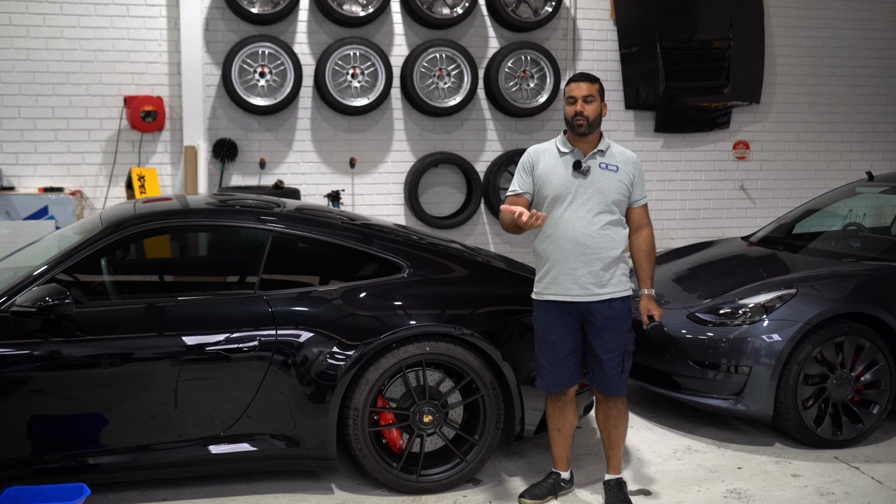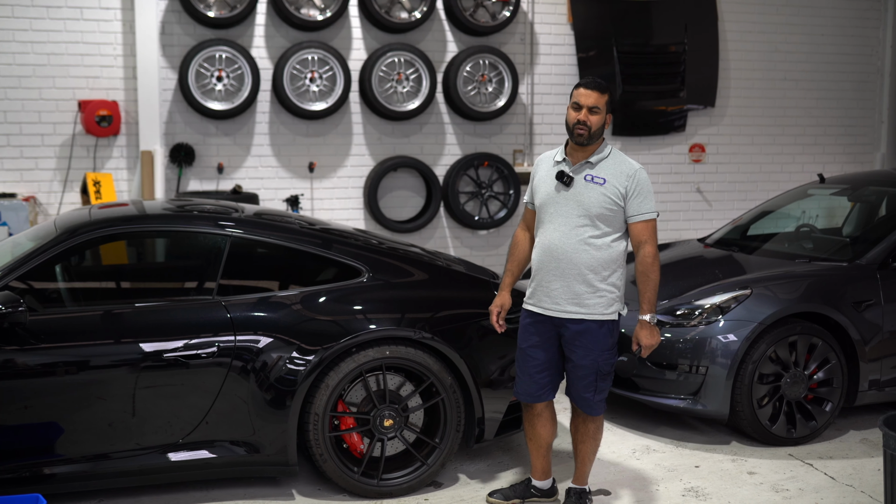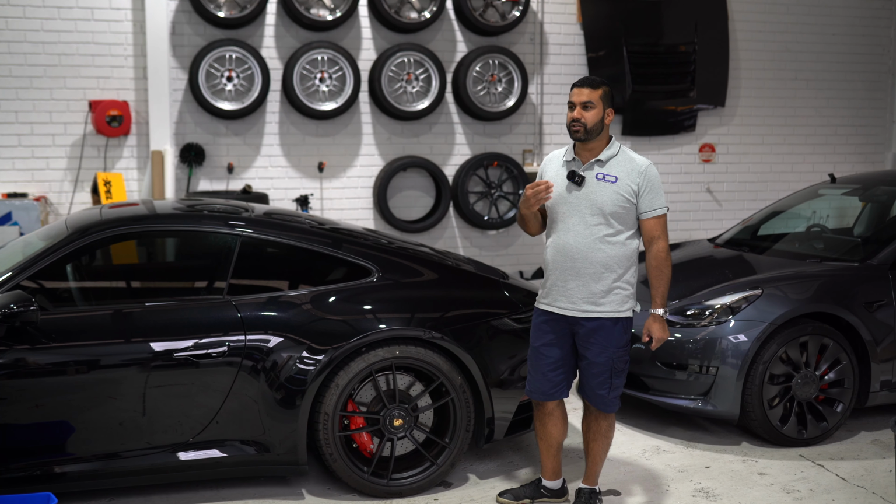GTS. This one is in for full XPEL paint protection film. We've done some of it, then we had to move the car outside and it rained and it got dirty again, so we need to wash it again and continue doing it. But yeah, Porsches and Teslas are kind of bread and butter around here. And in fact, I think in the PPF world in general, Porsches and Teslas are the two most common cars